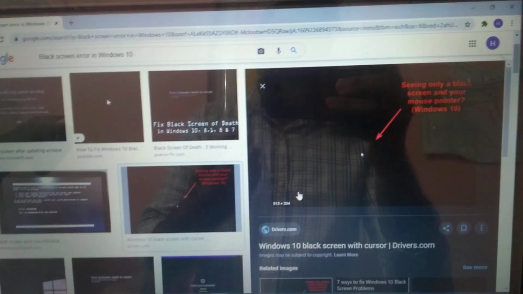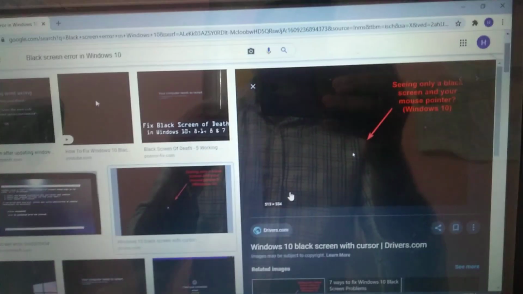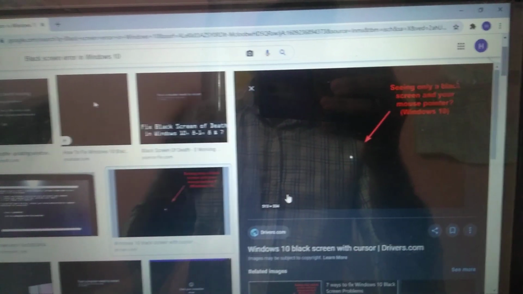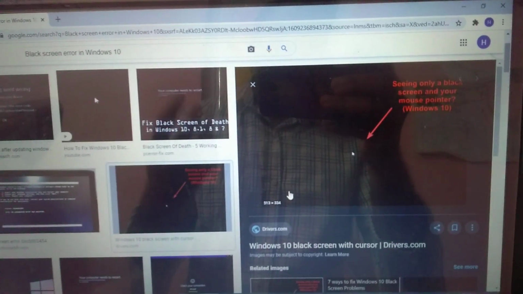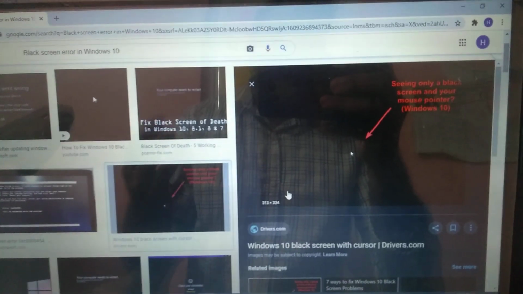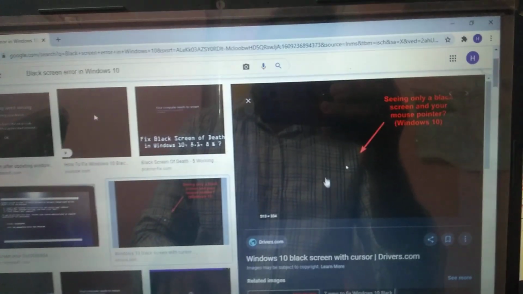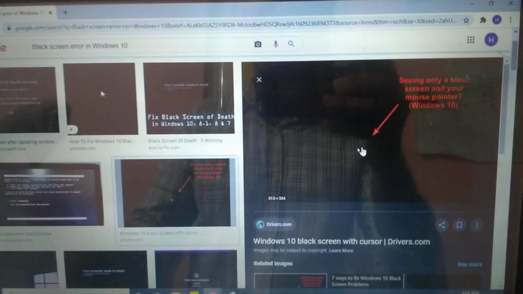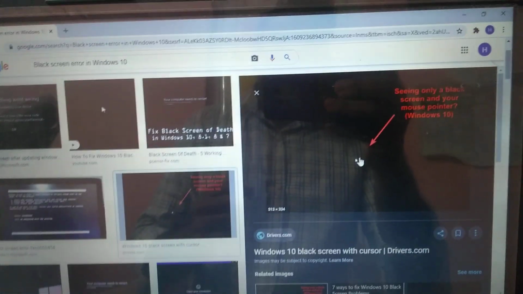Once you enter your username and password, it immediately behaves awkwardly. It displays a black screen with a pointer. So how can we fix this issue? That is the main agenda of this topic.